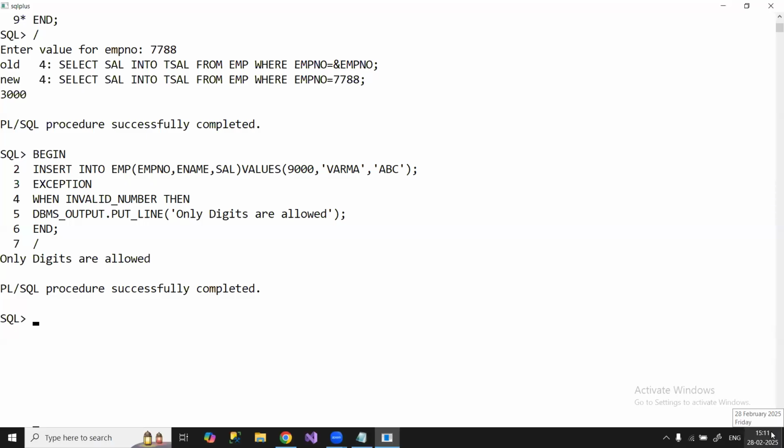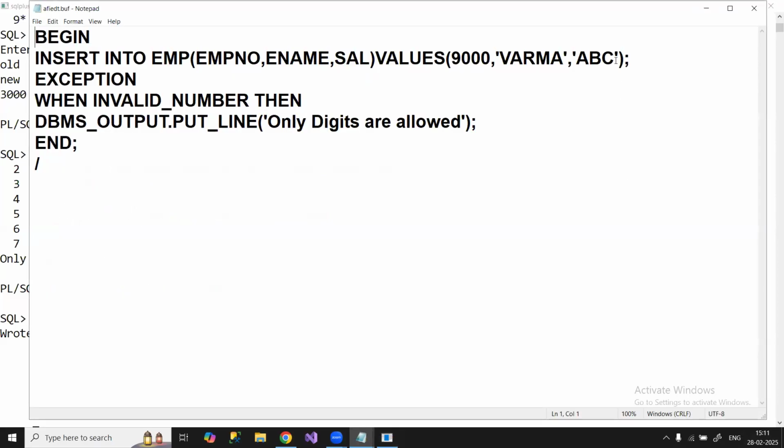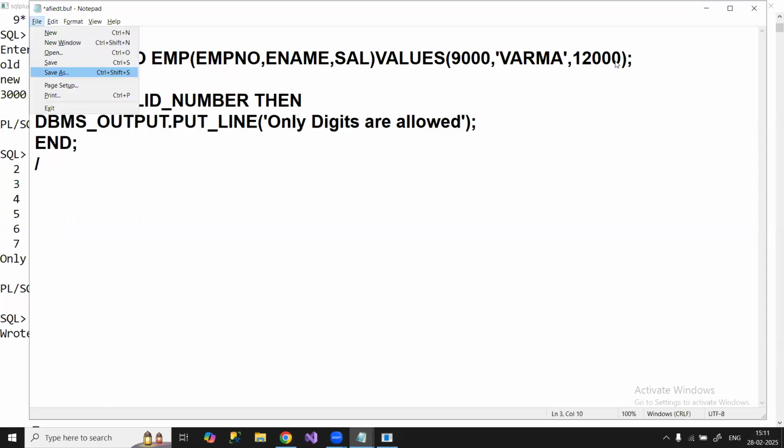See, it is giving the message, only digits are allowed. Why? Because the salary is wrong here. This is invalid. Now here I'll say, and if I give the salary without single quotes,